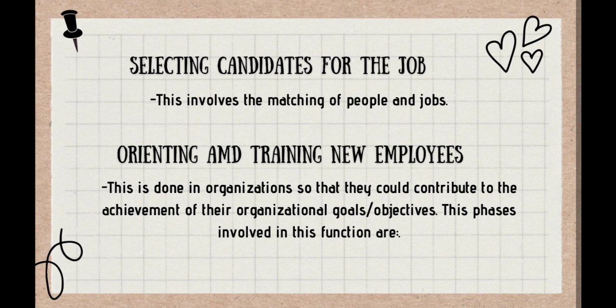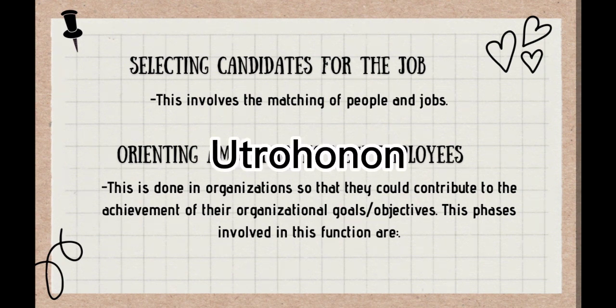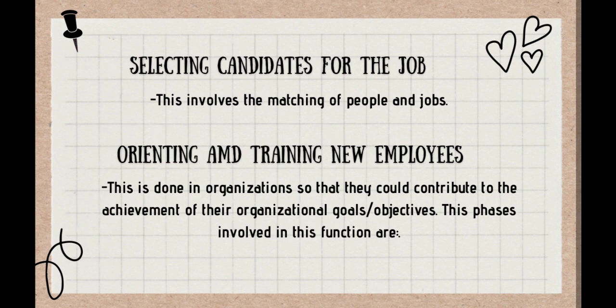Okay, next is orienting and training new employees. This is done in organizations so that they could contribute to the achievement of their organizational goals or objectives. These phases involved in this function are conducting needs assessment of the organization, of the person, and of the task or work, designing the training program by considering the institutional objectives, the trainees' readiness and motivation, and the principles of